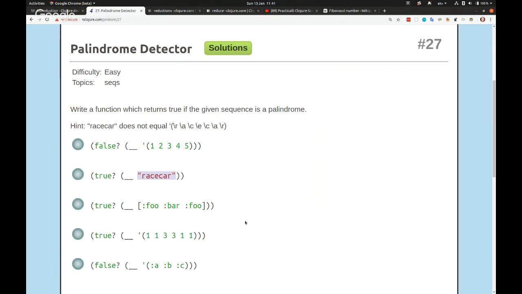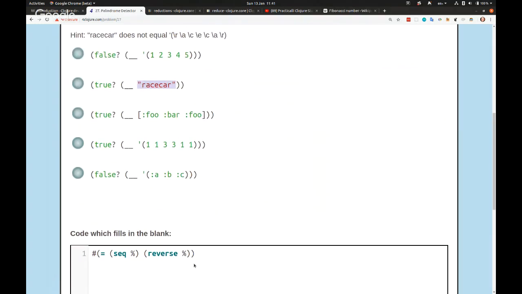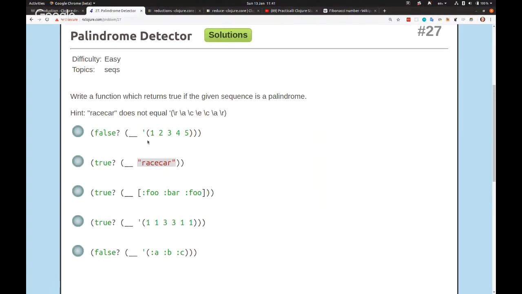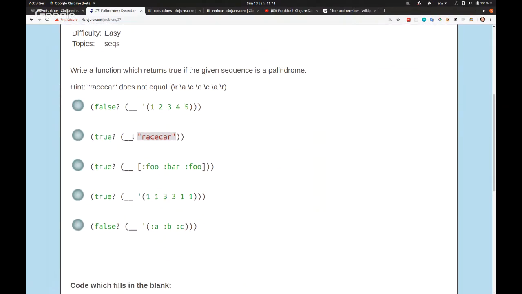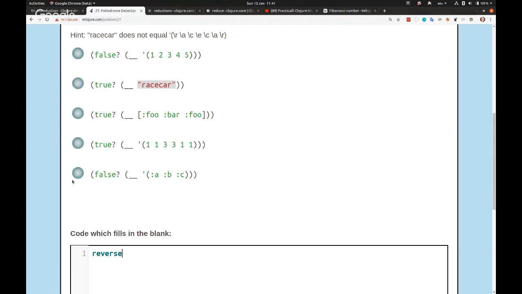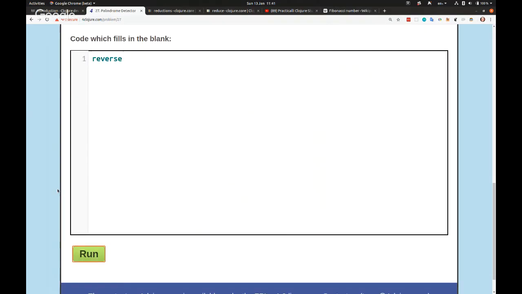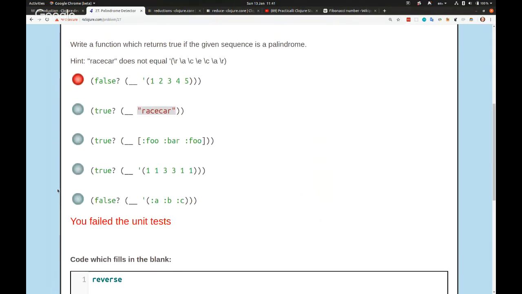So if we just used reverse, let's come back to that for a second. Just use reverse in there, so we apply the reverse function. That might just pass the first one, but then we'll see what actually happens with the second one as well, because that would be quite nice if it was just reverse. That would make it nice and easy. Oh, that's failed all the tests. Okay,